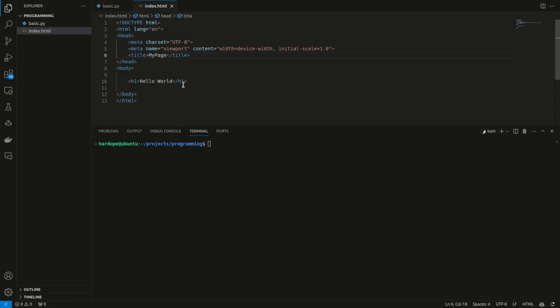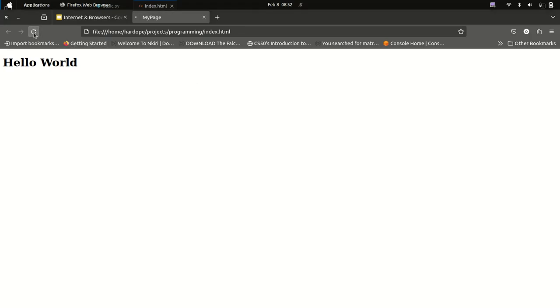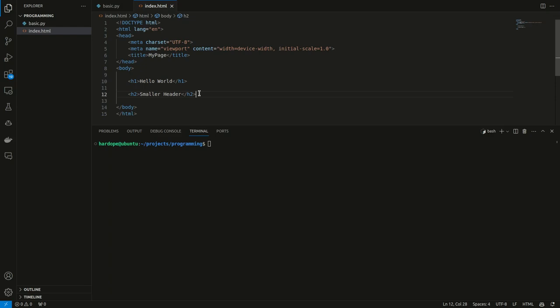Now let's take a look at some other cool things we can do. So now the H1 tag is just like headers. H is for header, right? But then we have different levels of headers. Like H1 is the biggest header you could have in HTML. H2 is much smaller. So let's say H2. So now when I reload my page, you see it's still a big text, but it's smaller than H1. So we have all the way to H5, I think.